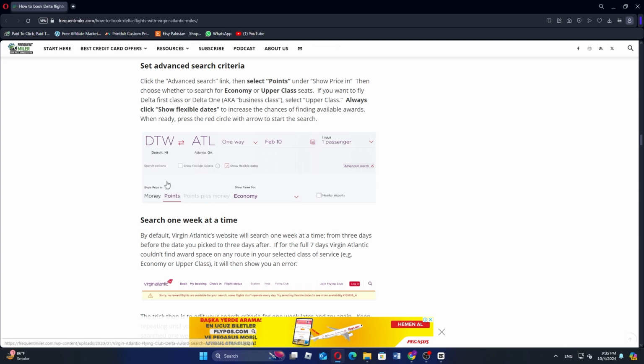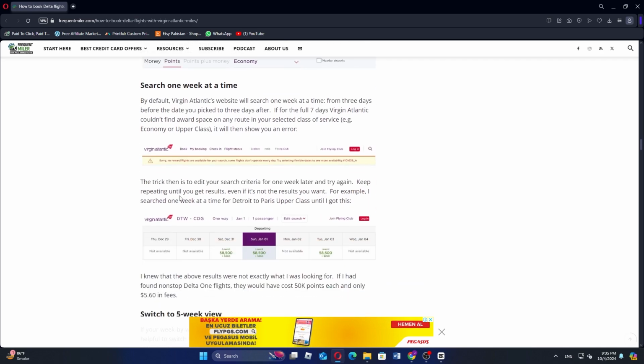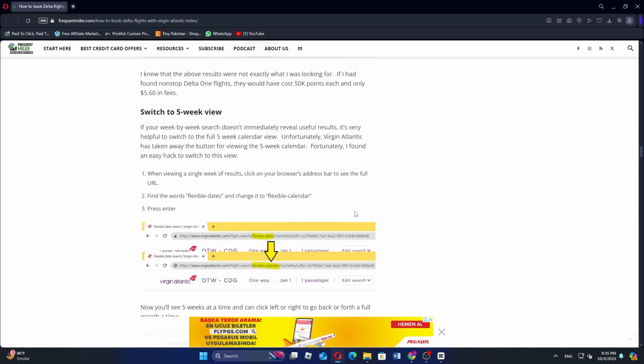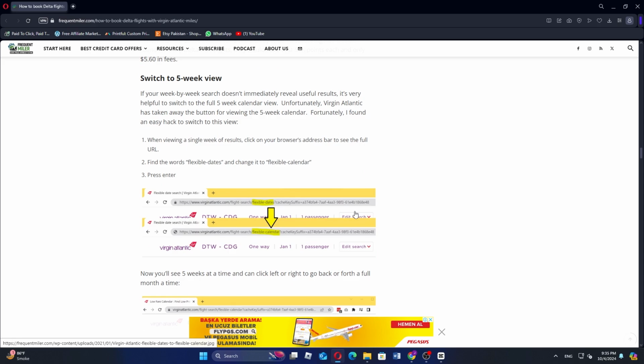By default, Virgin Atlantic's website will search 1 week at a time, from 3 days before the date you pick to 3 days after. When viewing a single week of results, click on your browser's address bar to see the full URL. Find the words Flexible Dates and change it to Flexible Calendar, and press Enter. Now you'll see 5 weeks at a time